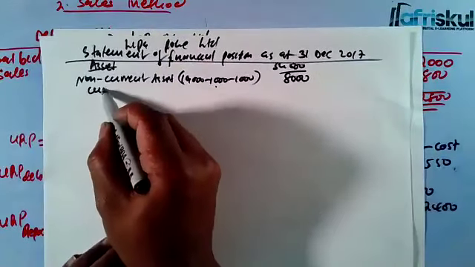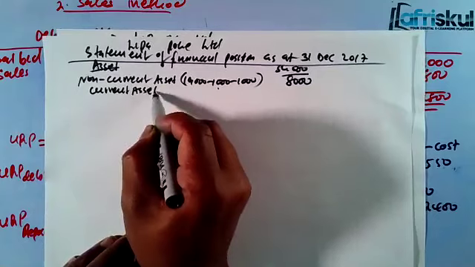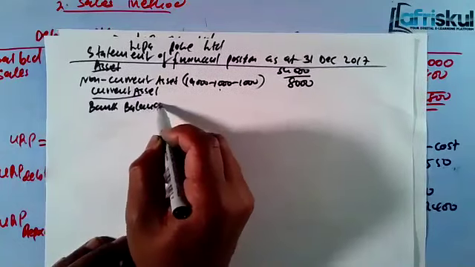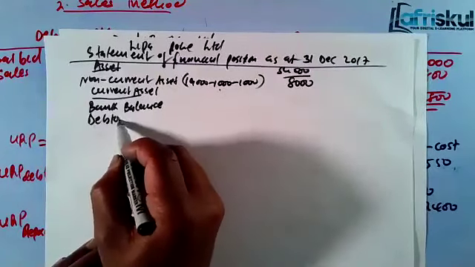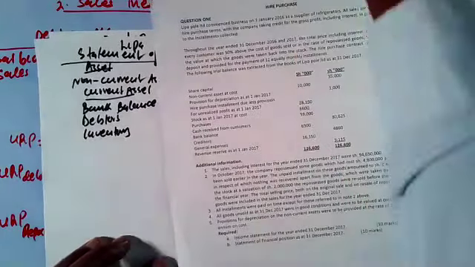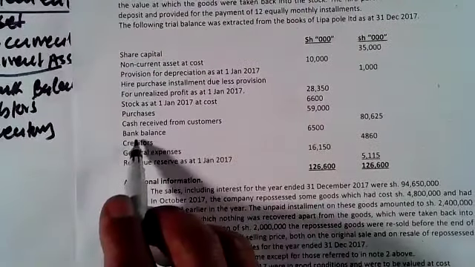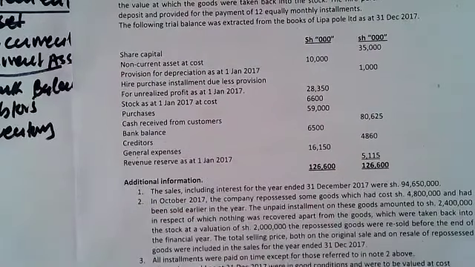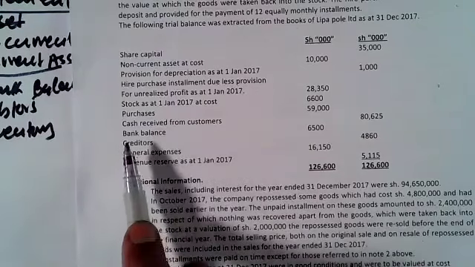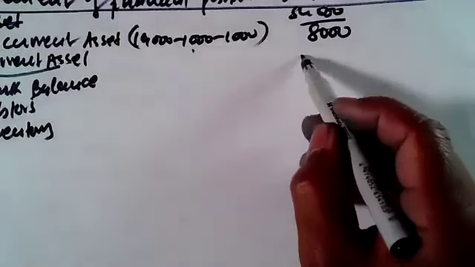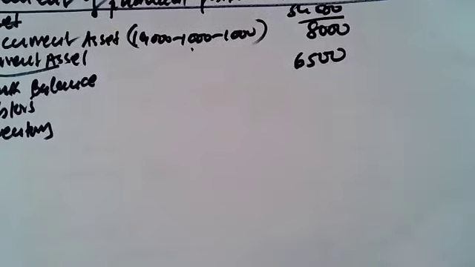Then we have the current assets. For the current assets, we have the bank balance. Also, we have the debtors. And then we have the closing inventory. For the bank balance, here you have the bank balance. And you need to be very keen whether it's on the debit or on the credit. If it's credit, you know that's a bank overdraft. You take it as part of liabilities. So, come here to bank. So, bank balance, it's 6,500. Bank is 6,500. Debtors, for debtors